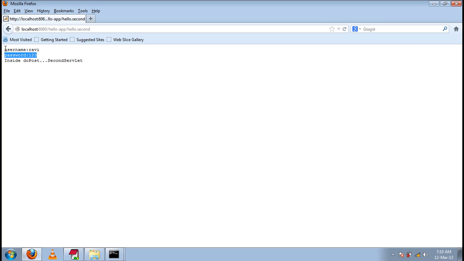Why is it giving the username value as Ravi? The cookie name is username, cookie value is Ravi, cookie name is password, cookie value is 1, 2, 3. Why do those values exist even if we restart the server? Because the cookie information will exist in the temporary internet files of the browser, and that information will expire by default only when the browser is closed.